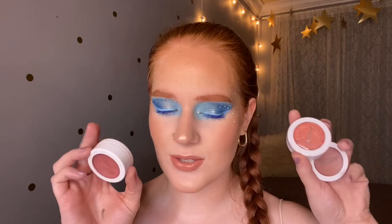Okay, so moving on to blushes. I have 3 of their Super Shock blushes, which honestly, y'all, I never reach for these anymore. When I got them at the time, I really did reach for them a lot, but I don't. And I haven't opened them in so long. I don't know if they're still good or if they've dried out, because this is that Super Shock formula, it's hard to open. So it's kind of